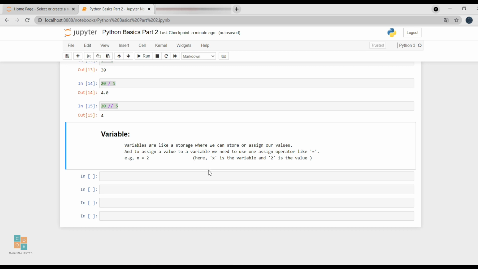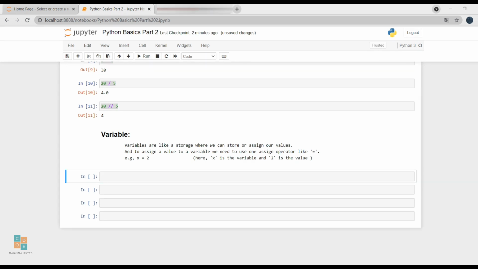So now let's go for some practical uses. Say we take y as our variable and we assign the value 97.567 to the variable y and click run. So basically we are fixing this value to the variable y so that in case of future need, instead of this value, we can easily call this variable y. Let's see how this works.